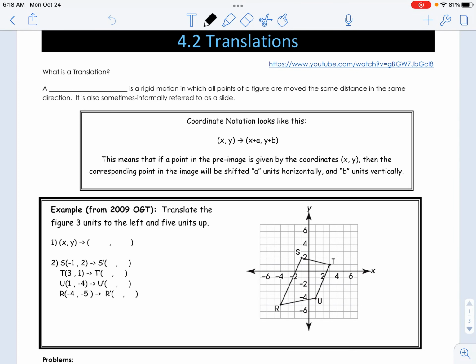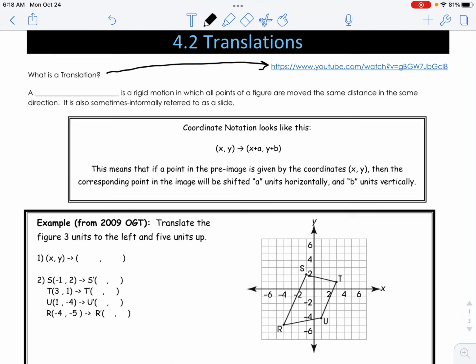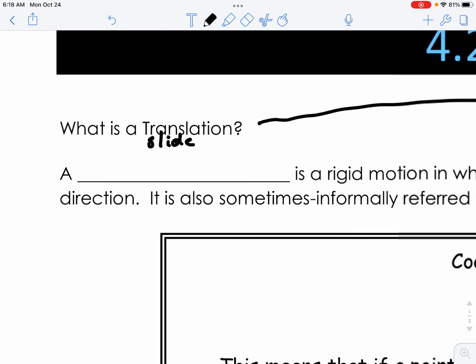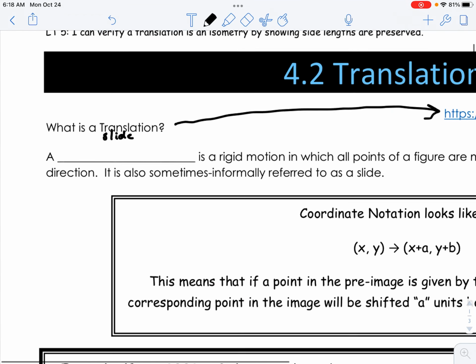Okay, so what is a translation? Well, we can watch this YouTube video and it gives us a quick demonstration, but it's more like a slide. All right, you're just really going to be sliding shapes around a coordinate plane. So a translation